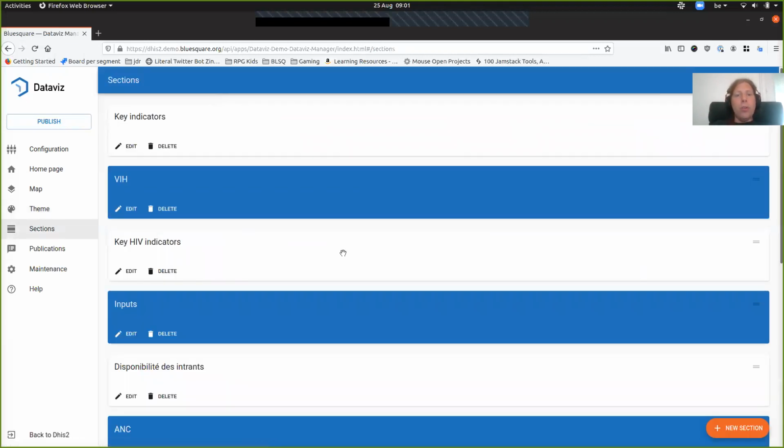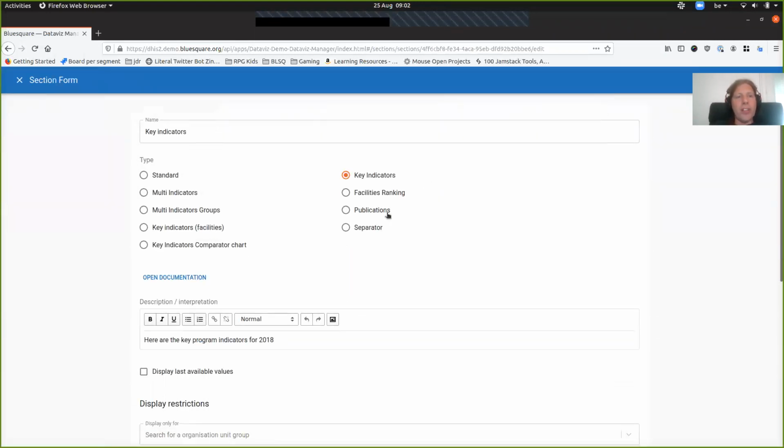We now get into the meat of the configuration, which is how to configure all the sections we've seen on the left. What we see here in blue are actually just separators. They allow you to put those sections in place and navigate directly, while the one-to-one sections contain the real information. As an example, I'll open the key